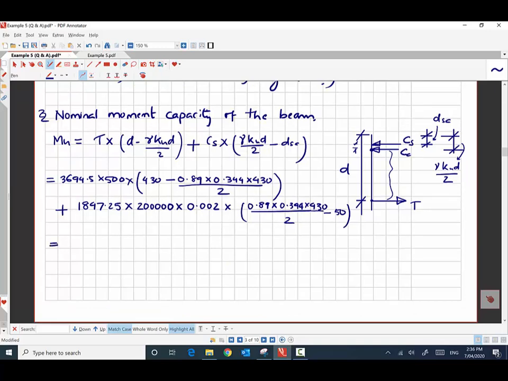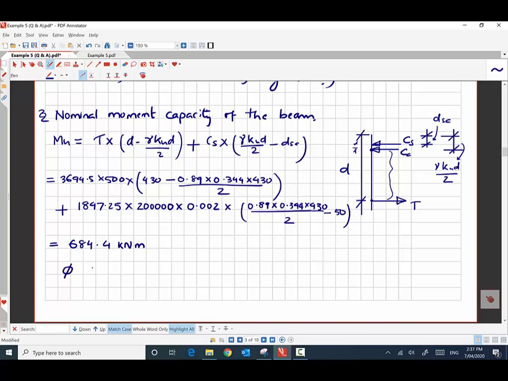Calculating it, it comes out to be 684.4 kilonewton meter. So our nominal moment capacity for this doubly reinforced concrete beam is 684.4 kilonewton meter,